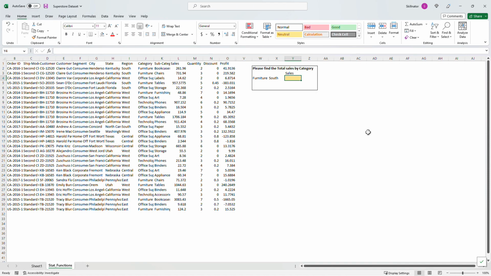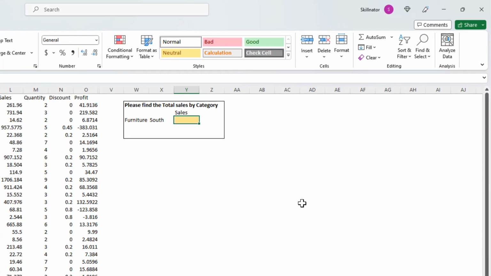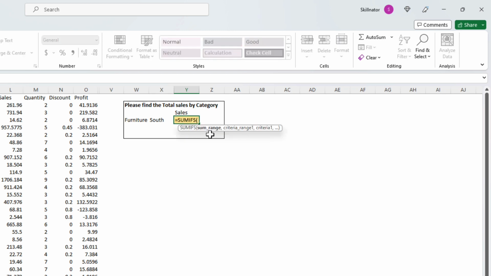Moving on, let's work on a slightly more complicated problem. Here, I want to sum the numbers provided two criteria are met. For example, I want to find the total sales for the furniture category in the South region. For this situation, I can use the SUMIFS function. This function requires a sum range, a criteria range, and a criteria, and you can provide multiple criteria in